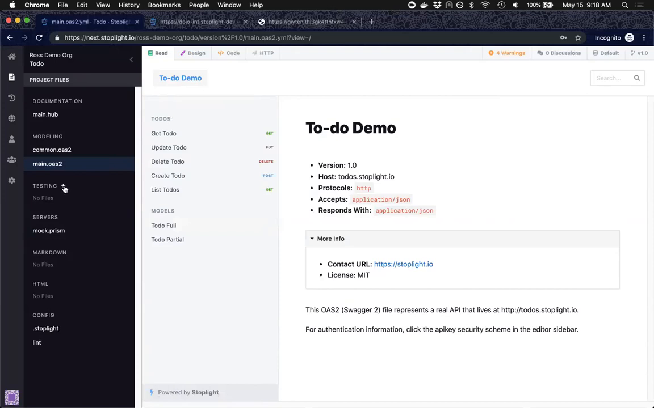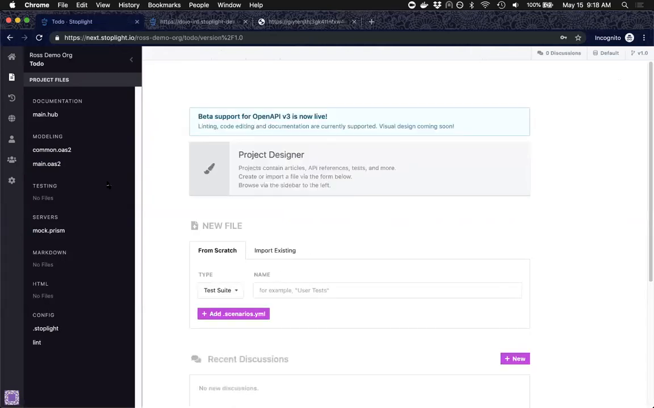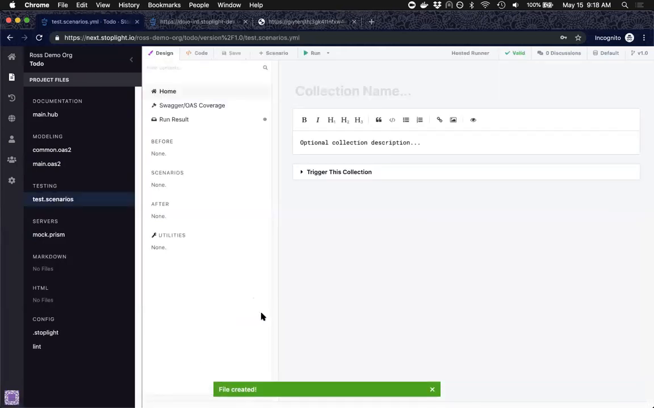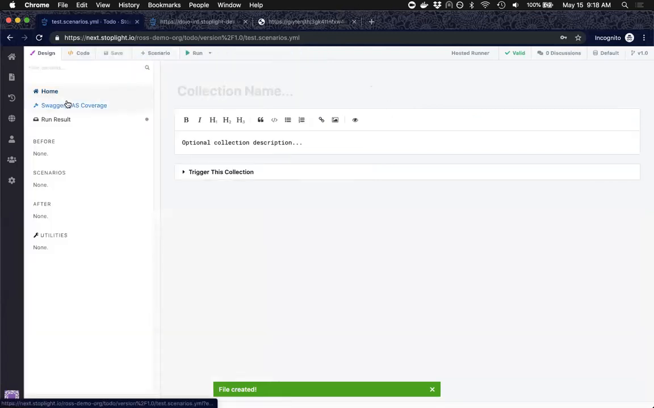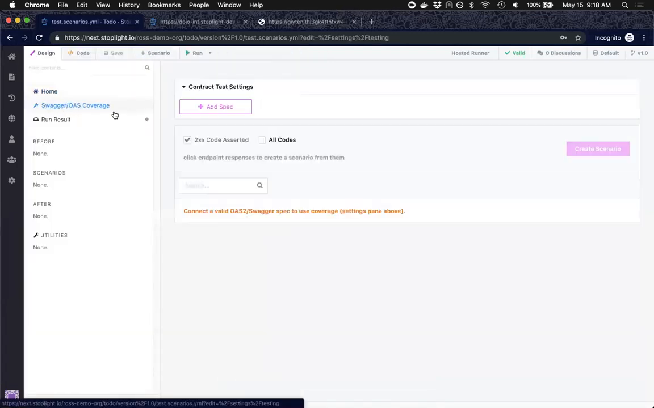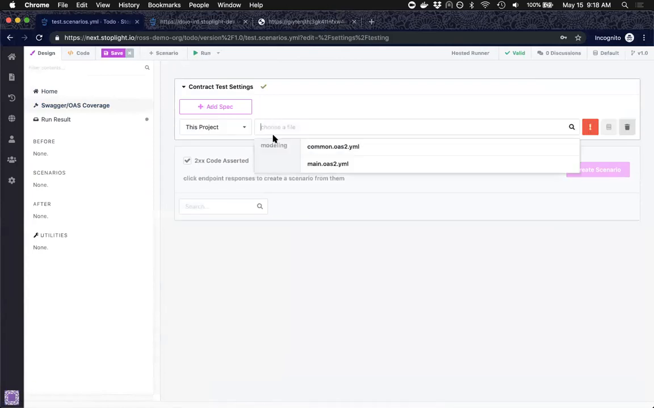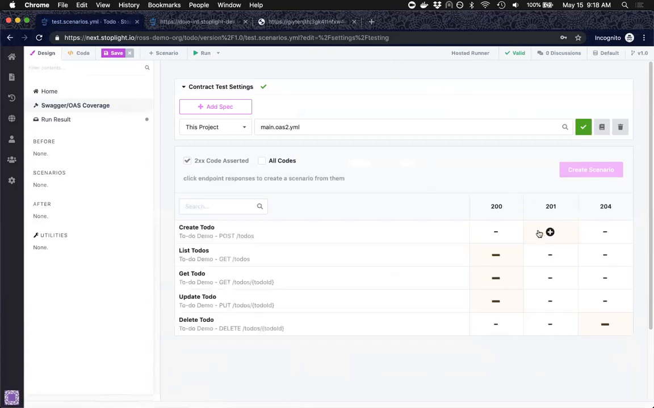And for this purpose, we have the scenarios testing tool here. And so under the testing header, I'm going to create a file here called just test. And one unique piece of functionality that's here for Prism and for Stoplight is the ability to link in an API specification. And so here I can select this main.oas2 file. All of the operations will automatically populate down here. And so I can go through and verify that I'm testing every single endpoint and operation that's part of that